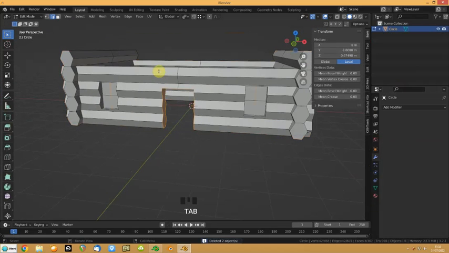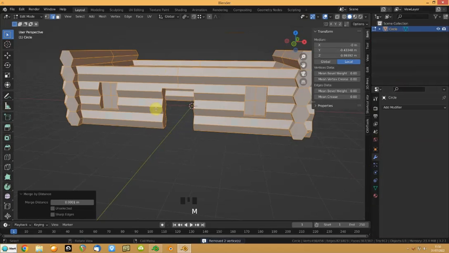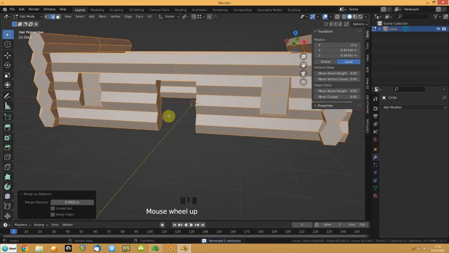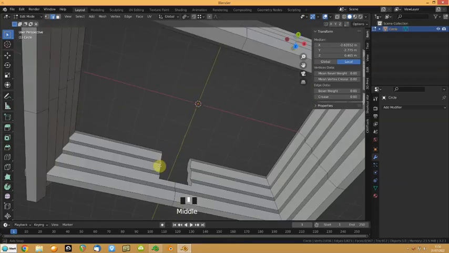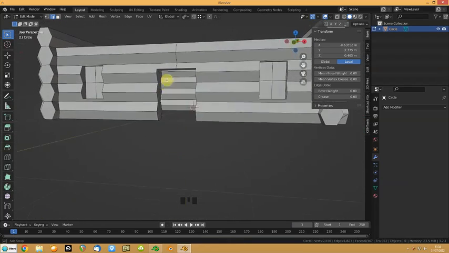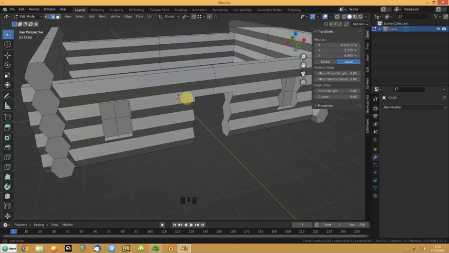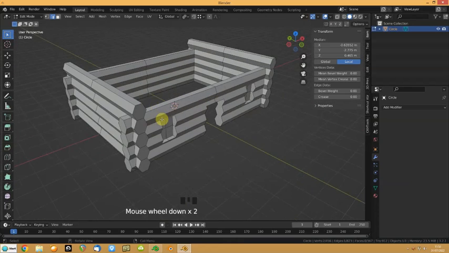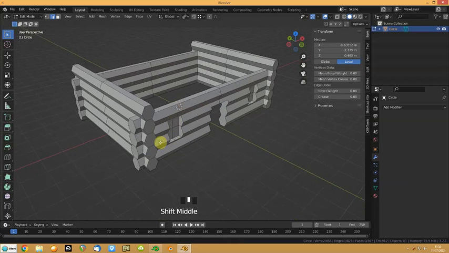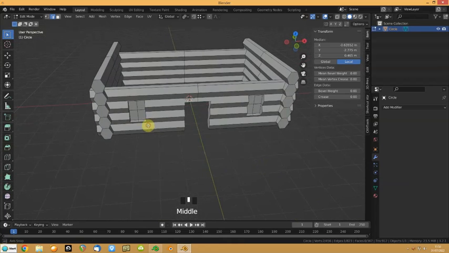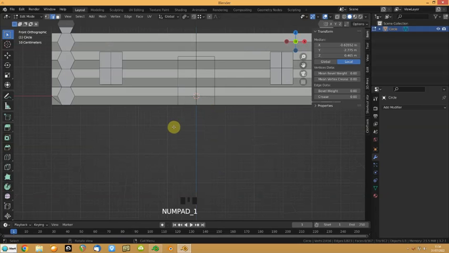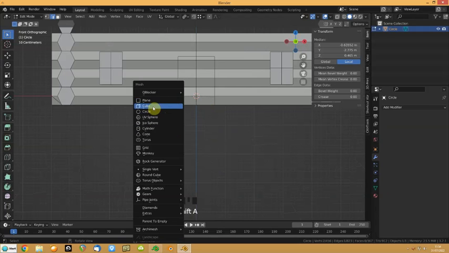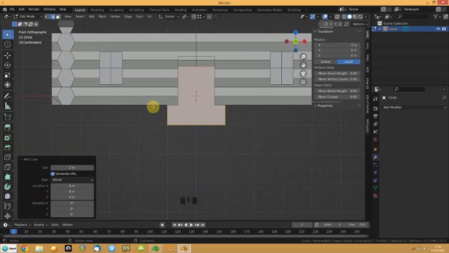And again go in there, A, merge B. And you can see we've got rid of two vertices there. So that's sort of how you'd build the geometry using the standard tools. And if I want to add an actual door unit there,